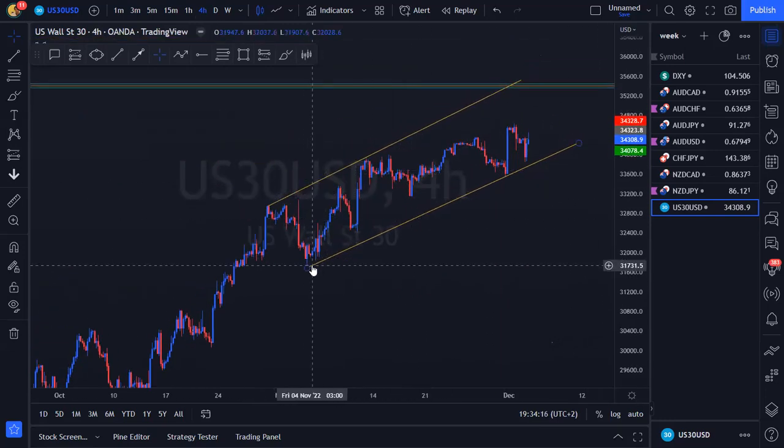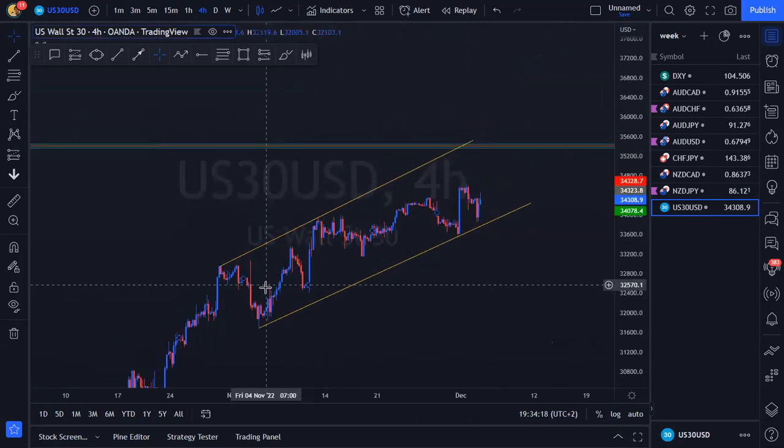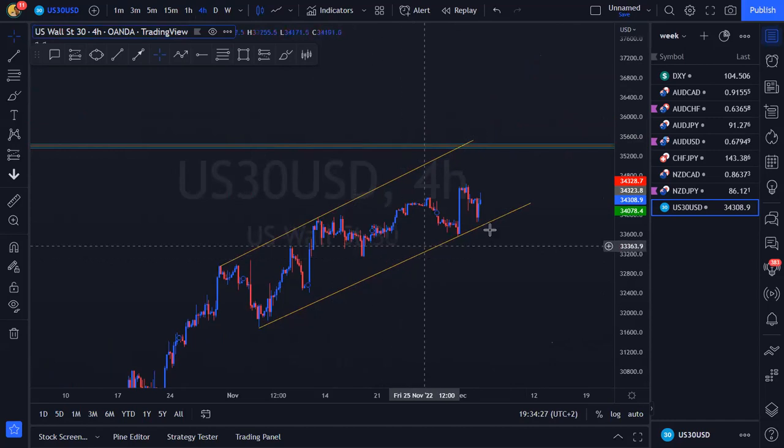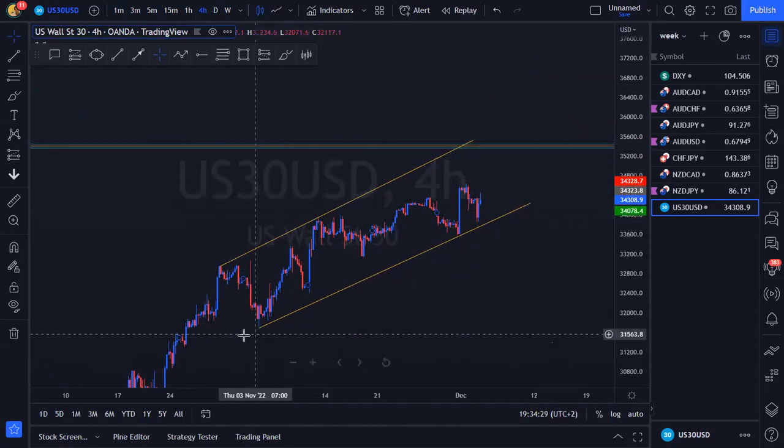Most recent price action, we've got some sort of an expanding structure. It's ascending at the same time because we are creating higher highs and higher lows. So as long as we're inside of the structure, we can still trade the probabilities that the structure will give us. So obviously, buy at support, sell at resistance.